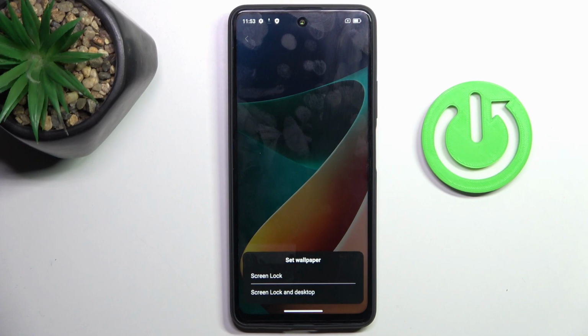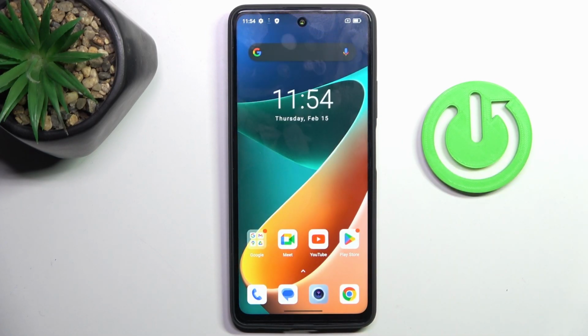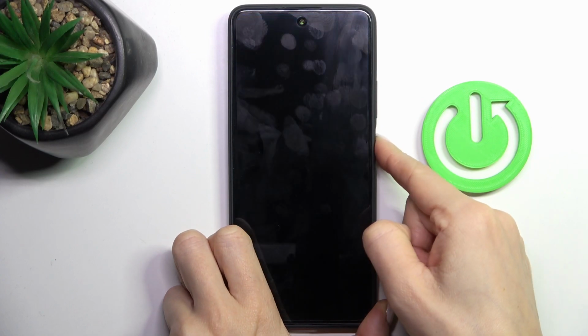Then click on Apply, and finally decide if it's for your lock screen only or both home and lock screen. Wait a couple of seconds, and that's it. That will be all. As you can see from now on, brand new wallpapers covering both home